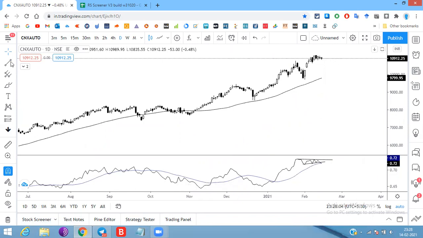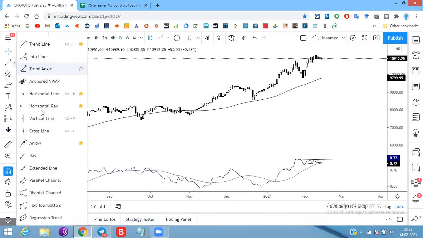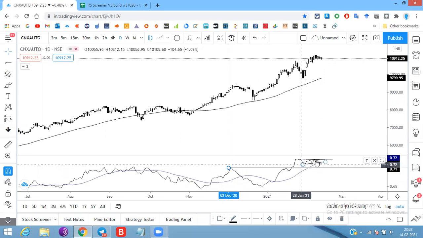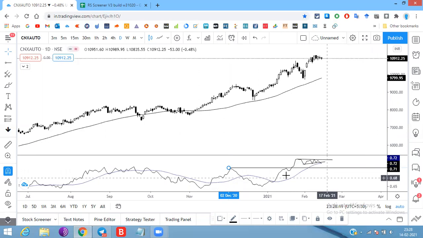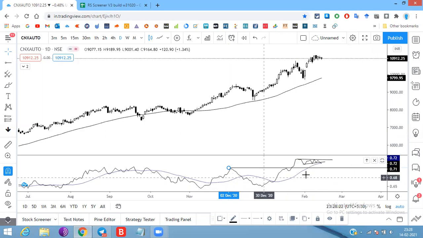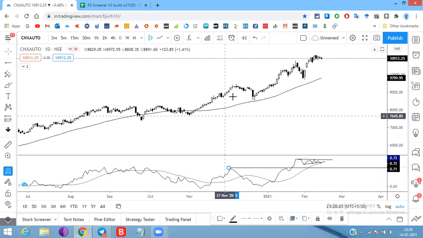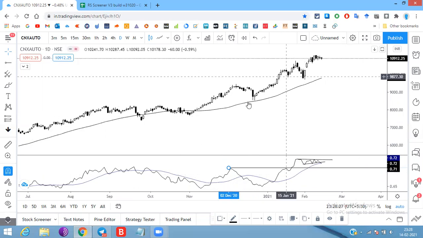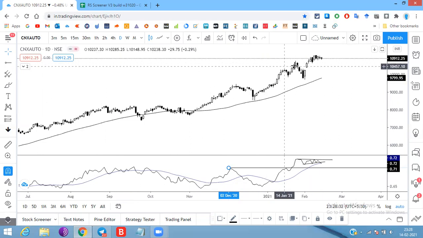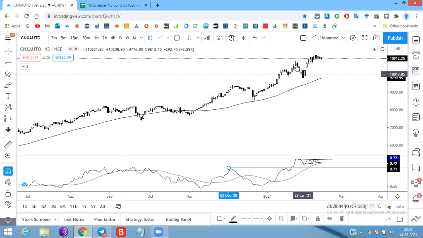It broke this high, and right now it's consolidating. It can take support from here, or it can go up also. Okay, this is the Nifty Auto chart. This is the Nifty Auto ratio line setup. Okay, and you can further go on to analyze the charts. So here we can see it has broken its previous level. This was, I guess, the budget week session, and this is the first of Feb.